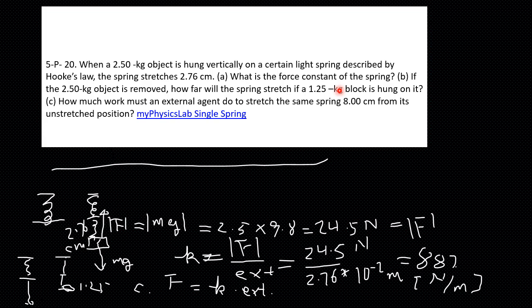Obviously, based on your experience, it will be stretched less. So it was here, and then if you swap to a smaller 1.25, it will be less. So we are asking what would be that distance? The distance will be half, but formally you will use Hooke's law again. We know the spring constant, and we know the force, and we want to calculate the extension. Obviously the extension is force divided by the spring constant. You know it's going to be half of this. Let's work it out on the next slide.